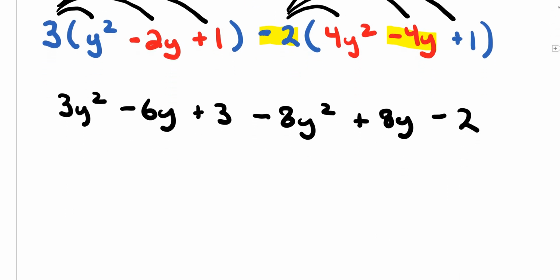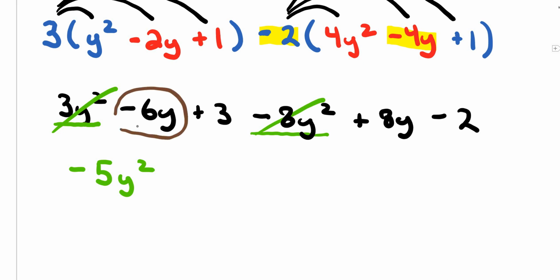And then from here on, you want to collect like terms here. So I have my 3y squared and my negative 8y squared. So 3 minus 8 will give me negative 5y squared. Okay, once you're done with that, you can cross those off. Then I have a negative 6y and a positive 8y. That'll be positive